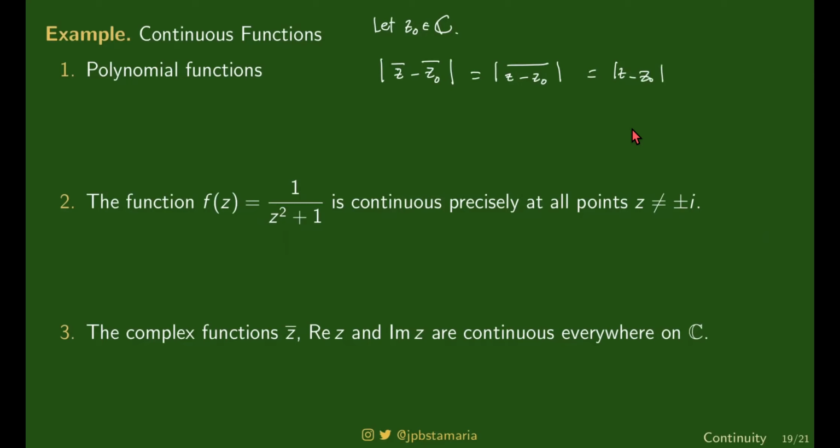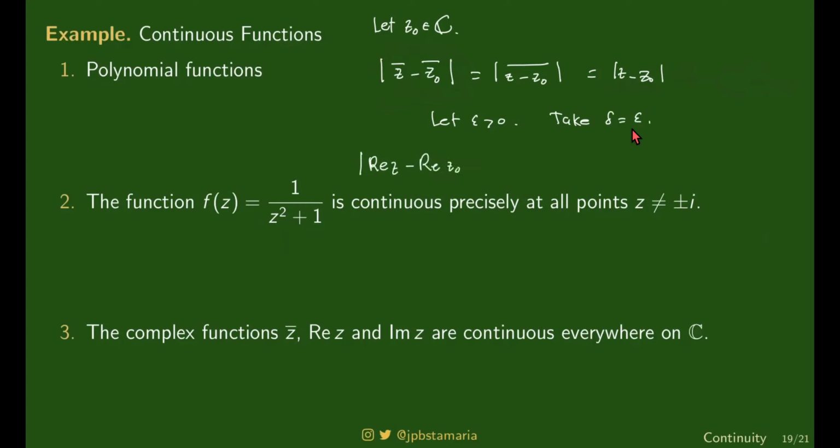Kaya ang gagawin mo dyan, pag nag-let epsilon ka, ang kukunin mong delta ay epsilon din. Kasi kapag ito yung less than delta, di ba? Magiging less than delta, epsilon din siya. So ito ay less than epsilon. Okay? Ganon din naman yung sa Re z tsaka Im z, kasi halimbawa yung Re z naman, if you take the